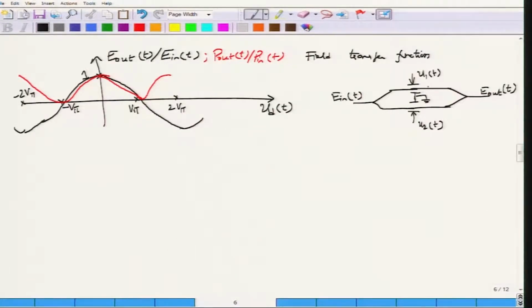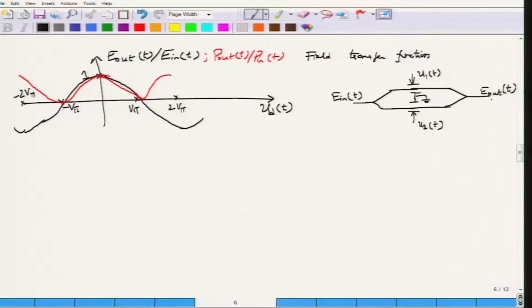Each of these arms are themselves phase modulators. So, you have one phase modulator at the top which is being driven by a voltage U1 of t, and there is a phase modulator at the bottom which is being driven by a voltage U2 of t, and then once you combine these two phase modulator outputs, you will get